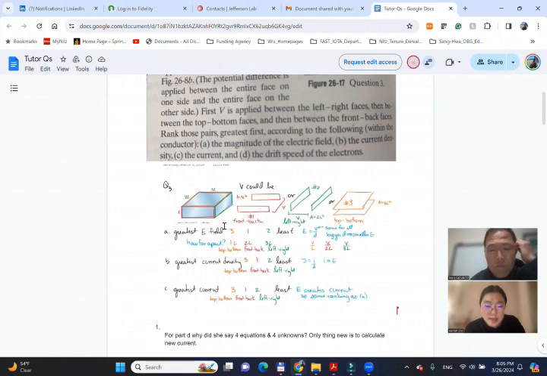Then I divided that by the area, because it's proportional to the current. So the area for the first one would be 3L. So V over 2L divided by 3L is essentially V over 6L. I calculated the different current densities for each scenario using the electric field divided by area, and I got that the current density is equal for each one. So I'm a little bit confused on how she got the